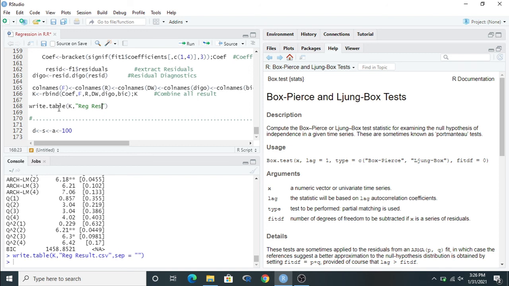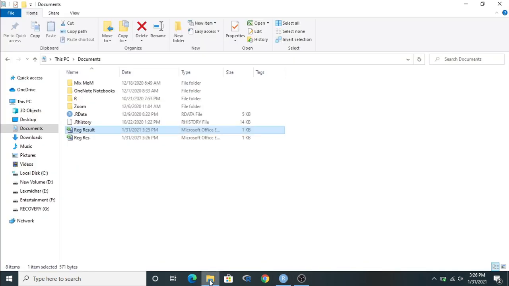I want to store this in a CSV file. After completing this, you can use the separator and we can separate this with a comma. So run this. After completing this, you can go to the document folder and you can find the regression result. So open this.